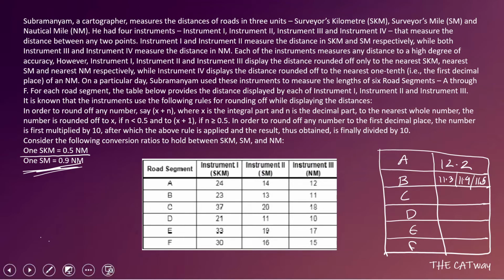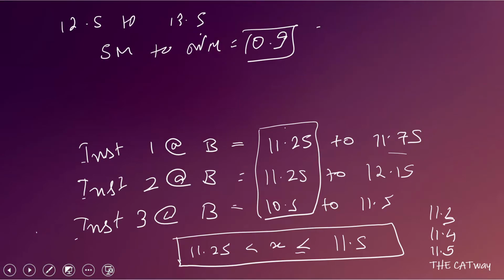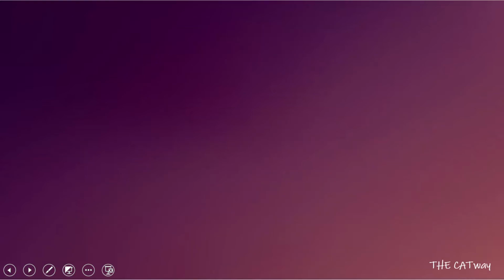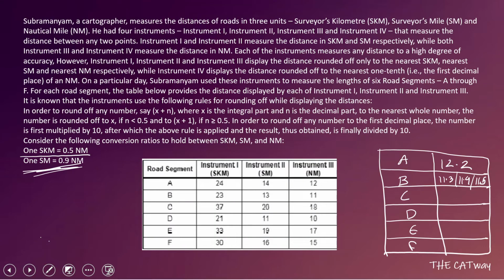So I hope till now you have understood how to calculate the range for every one of them. You just have to take the value, find out the range, and then find out the maximum and minimum value for that instrument. After finding the net in nautical miles for all the three instruments, you have to find out the final range of our equation, and then find out the number of possibilities. Okay, now if this is done, then I will write for all of them at once. So let's make a fair table again and write it down there.